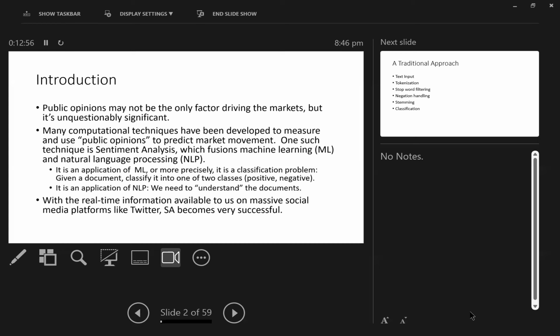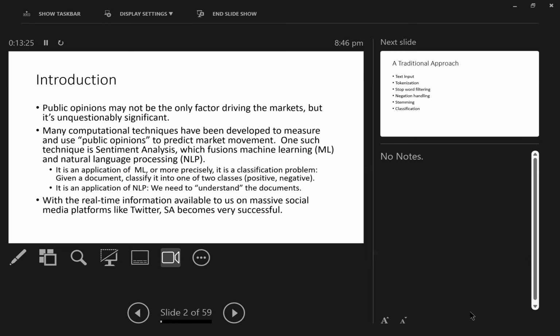Okay, so this kind of making use of public opinion is a very important new technique in improving the stock price financial forecasting capability. Okay, but in this area, it will need to make it